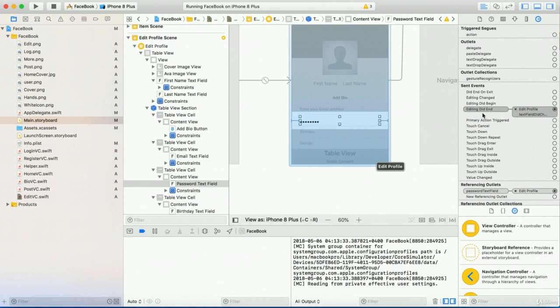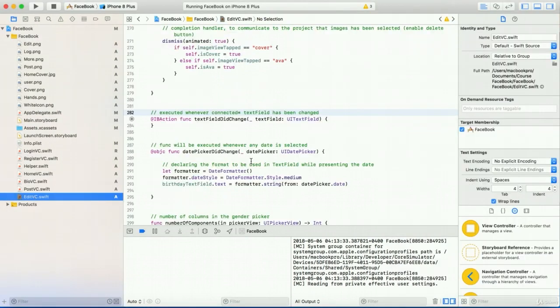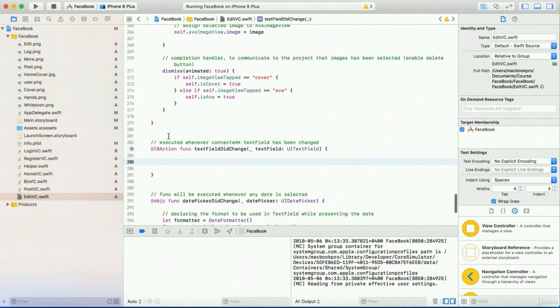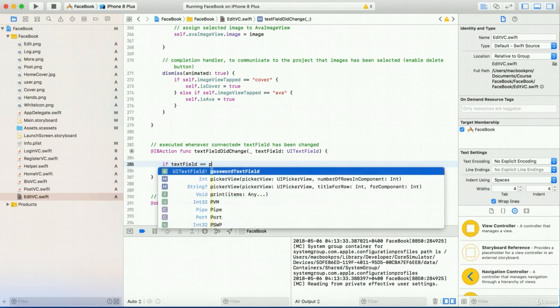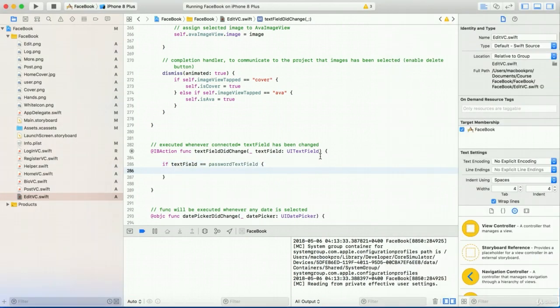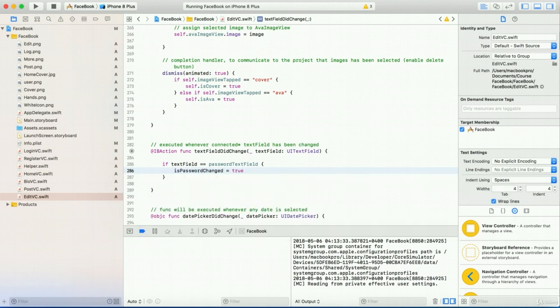Okay, so did end editing, did end. So we want editing changed, because even though we can keep did end, this is not the best practice, just to show you. Okay, let me keep it in this way, and we'll write an if statement, just to make sure. If text field equals password text field, meaning the password text field is the one which got changed, then we write is password changed equals true. Okay, we can now build and run the code,